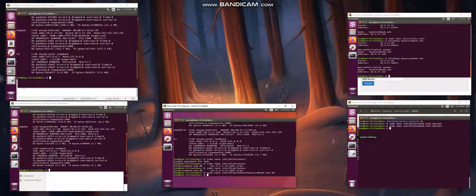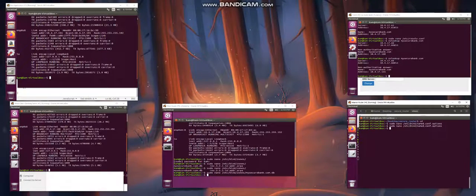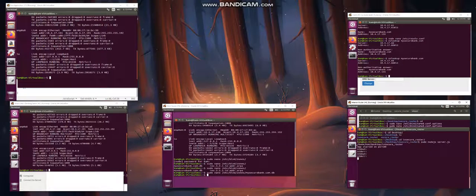So we're running a /26 subnet, which means that these three are on the same subnet. This main router and the internal router are on the same subnet, and then the internal router and the client are on the same subnet as well. So what's happening here is this internal router, if we reset it here,